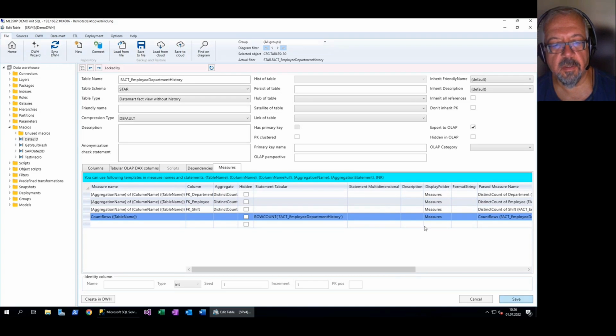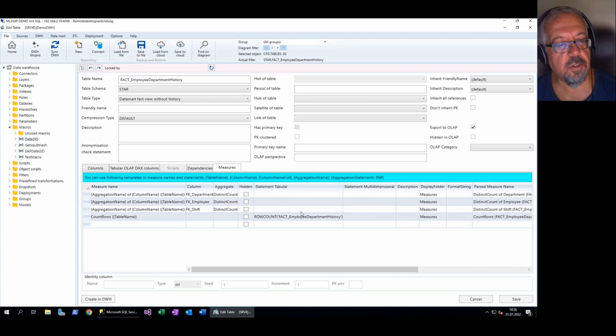I just created one more measure using this function, which enables this DAX function for my OLAP cube. Okay,